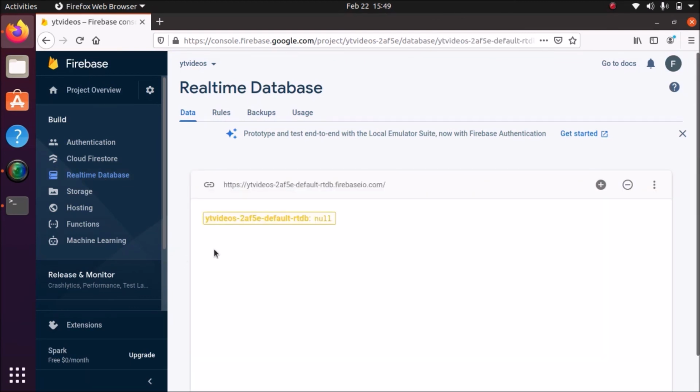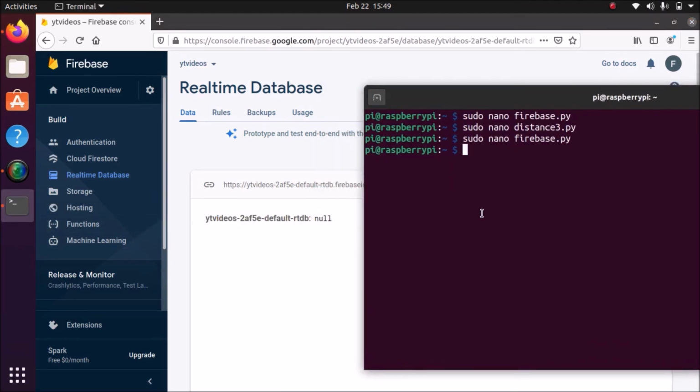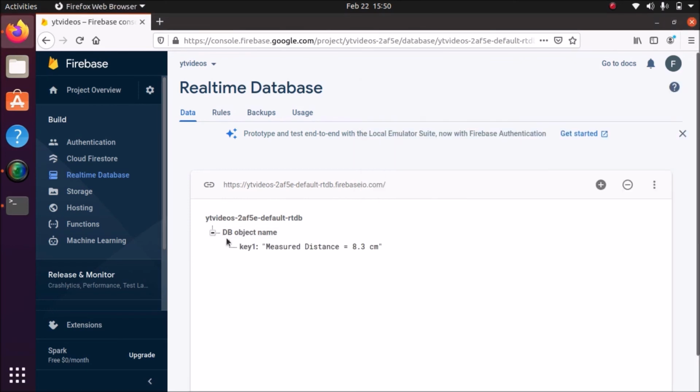Okay, so this is the database. Now I'm going to run our script, sudo python3 firebase.py. If I hit enter, we have here 8.2 centimeter distance, and as you can see the DB object name is our database name, and if I click here, as you can see we have our real-time centimeter distance.